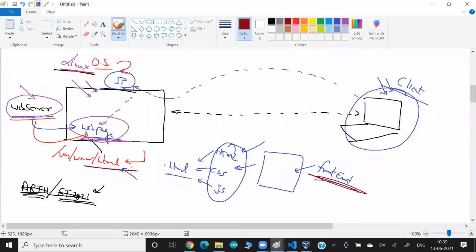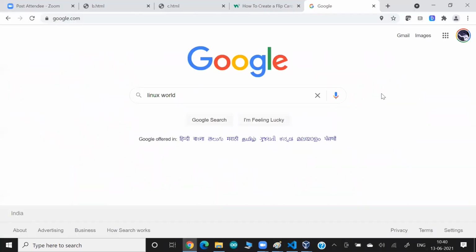But there's a lot of things I don't want to show to the client. They only run in my server. Okay, maybe my client is looking for some data. Let's say I am a client of Google. I'm looking for some data. So what I've typed here,